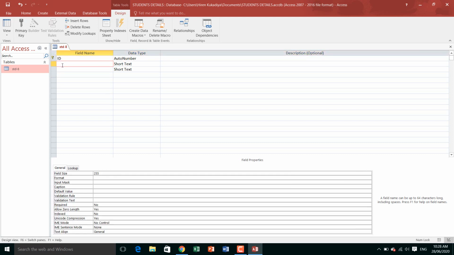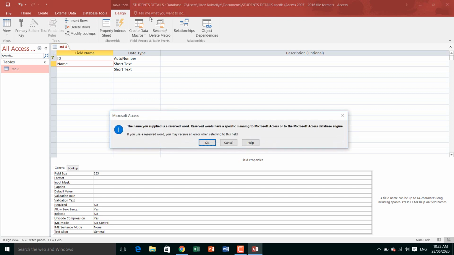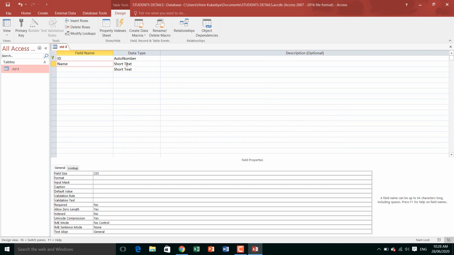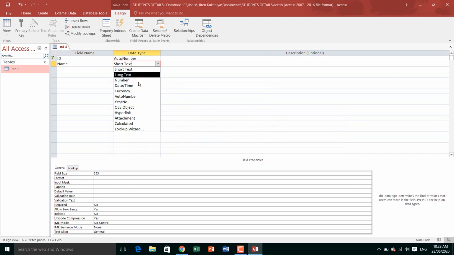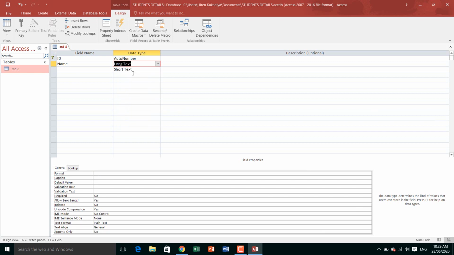Here first we will give the name of the field. Suppose Name. Here the data types are text, number, date. Name means characters, so here we will take long text. Second is Address, again long text.